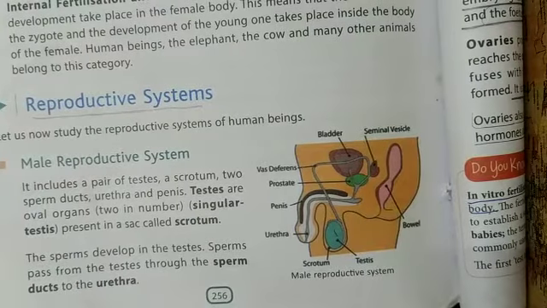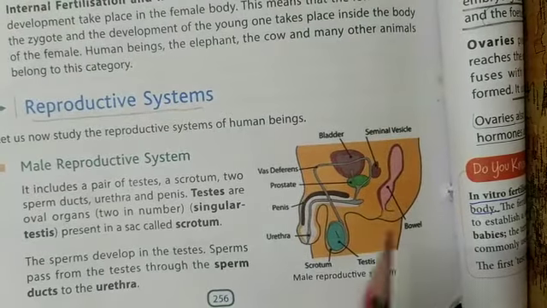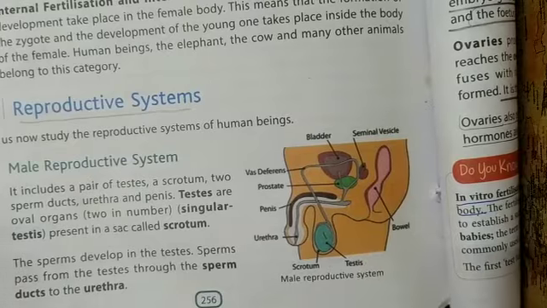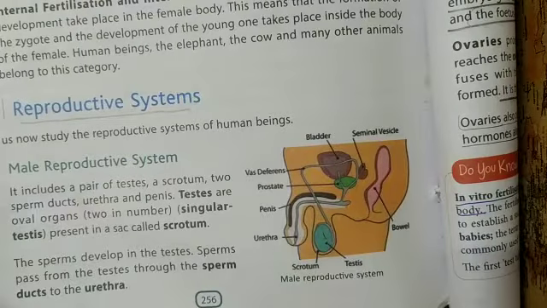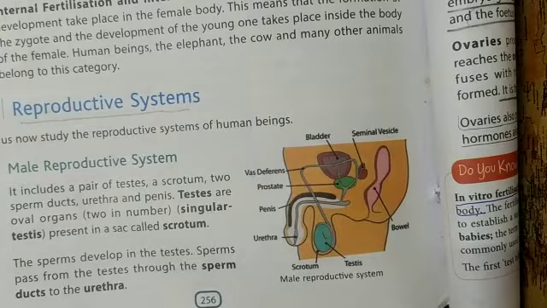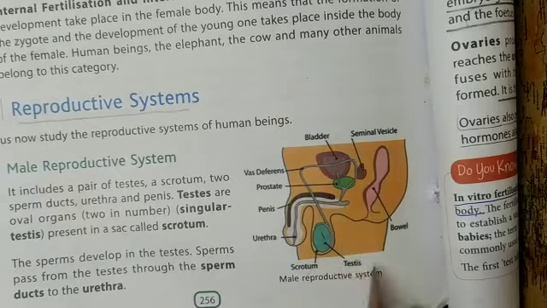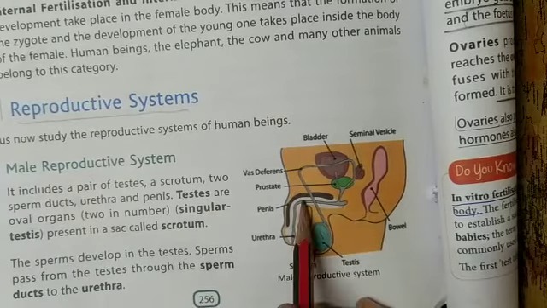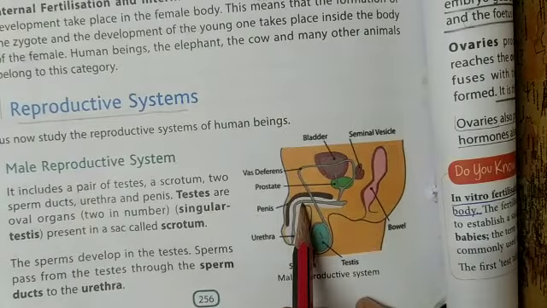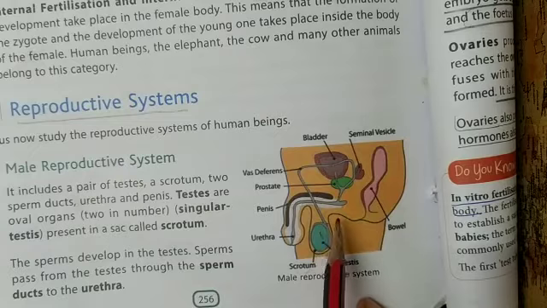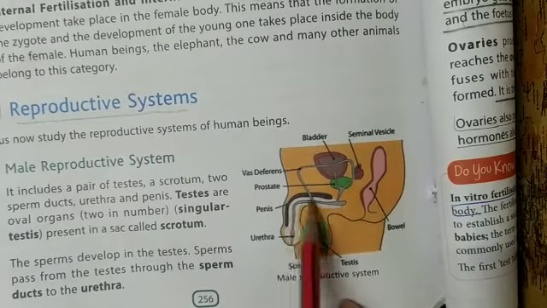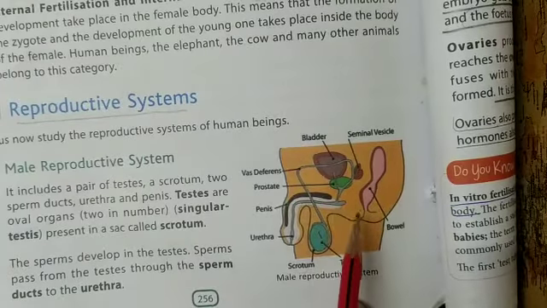As the sperm moves, they collect fluids from the glands. These fluids having sperm is said to be semen. The last part of the urethra is surrounded by a muscular structure that is said to be the penis. The penis conducts urine as well as semen. However, the two cannot pass through at the same time.